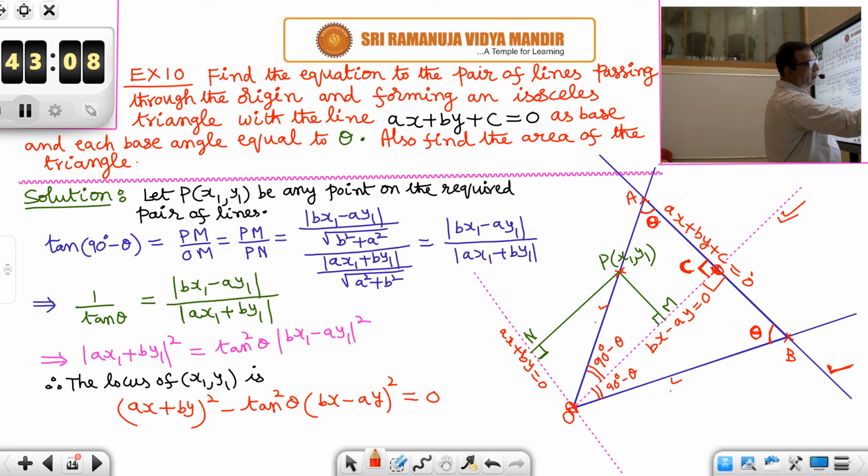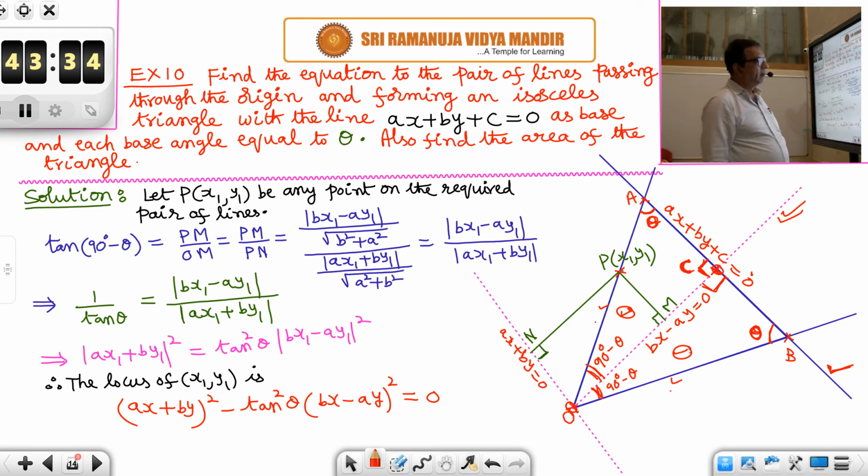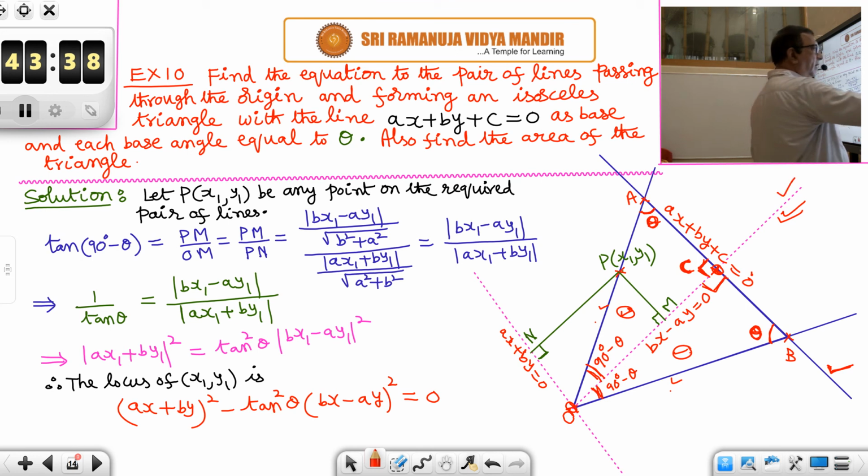So this pink dotted perpendicular line, because it is an isosceles triangle, this angle is 90, this angle is theta, so the remaining angle here will be 90 minus theta. And similarly in this triangle also, theta here, 90 here, so the remaining angle will be 90 minus theta, and the two triangles are congruent. This triangle and this triangle are congruent. Okay. Now what is the equation of this pink line?